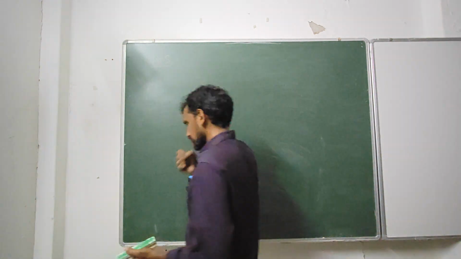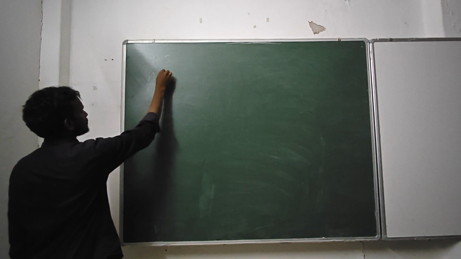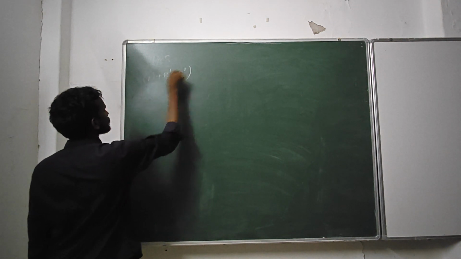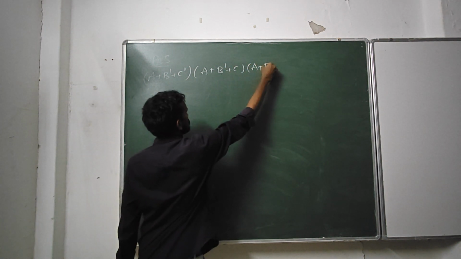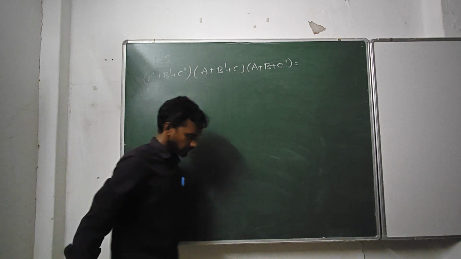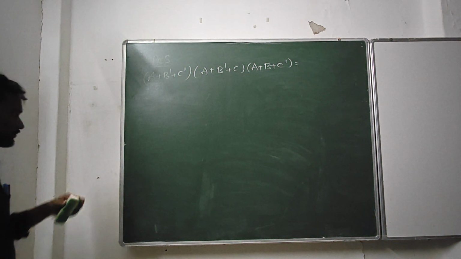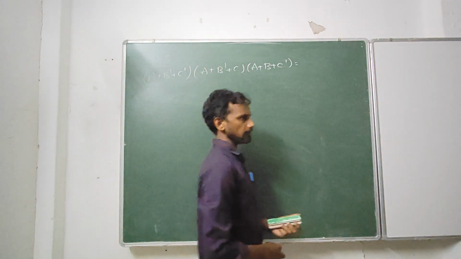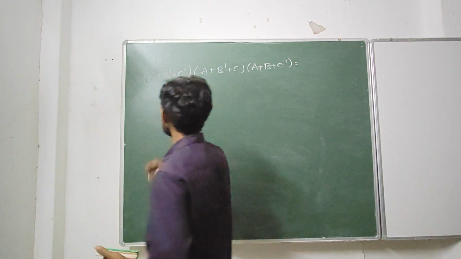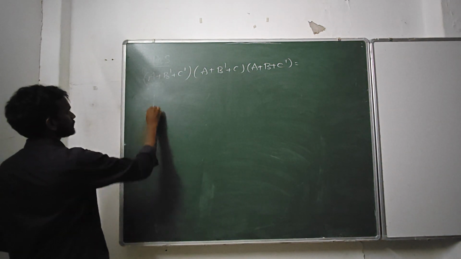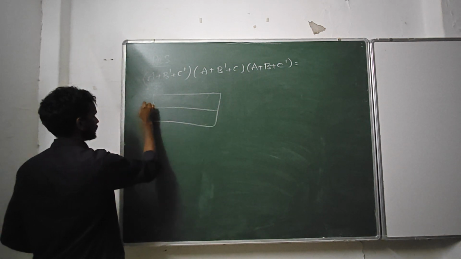Okay. So here we are saying the algebraic solution for this: a plus b bar plus c bar, a plus b bar plus c, a plus b plus c bar. This we have solved algebraically. So now we will see how to simplify this using K-maps. Okay. So earlier while we were dealing with SOP, sum of products, we considered ones wherever we have